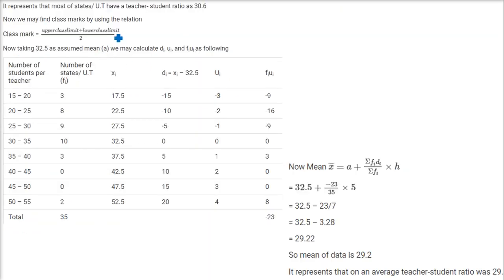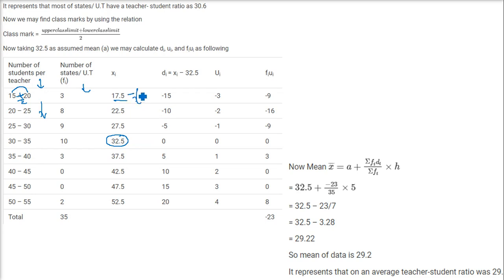Now we need to find out the mean. So this is the table. We need to find out the mid value first. These are the frequencies. So 15 plus 20 by 2, this is 17.5. We do it for all the other class intervals. We find out the mid values like this. Now let us take this 32.5 as the